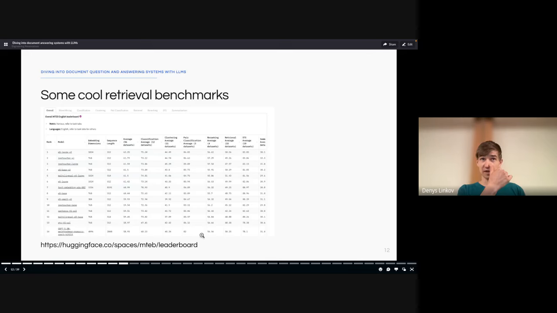Now, choosing which embedding model to use is also a pretty interesting task. On Hugging Face, they have this MTEB dashboard, which basically has a collection of different tasks for retrieval. So classification, clustering, it's basically a whole bunch of unsupervised approaches. And you can click on all the models and see how they do, right?